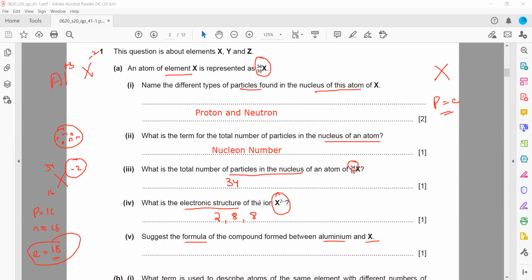We just cross multiply, the valencies are already simplified. So it will be Al2. Normally we write the metal first, so it will be Al2X3. X3Al2 is also acceptable, Abdullah, but the systematic way of writing a formula is to first write the metal and then the non-metal. It's not wrong what you mentioned.